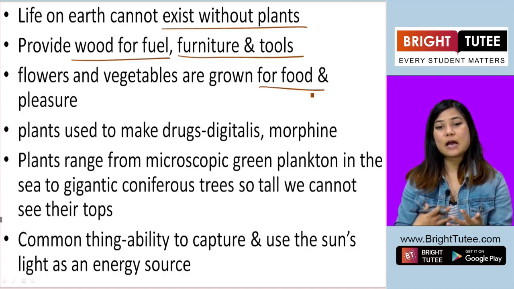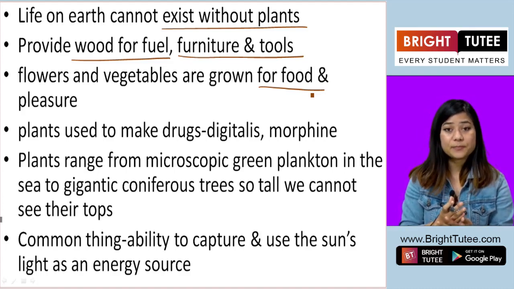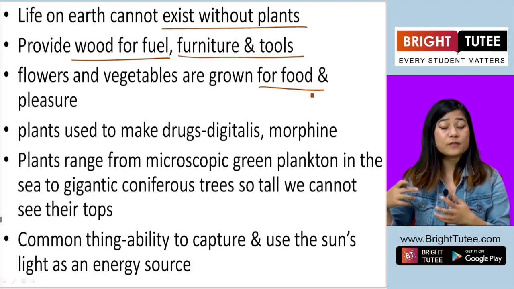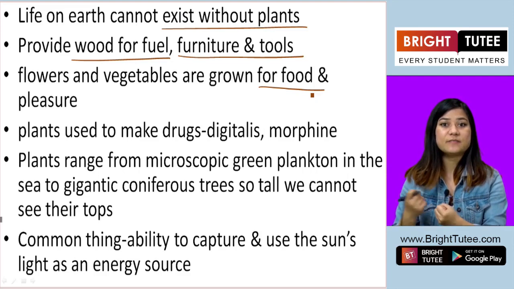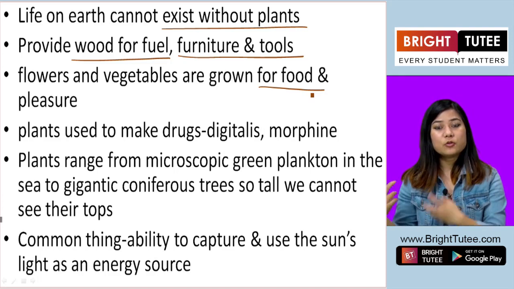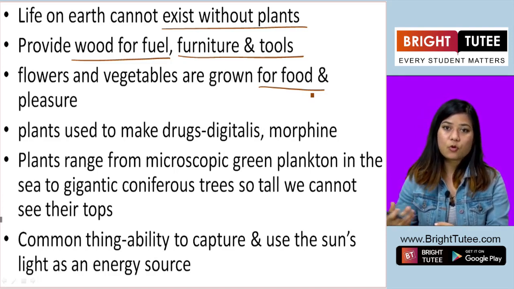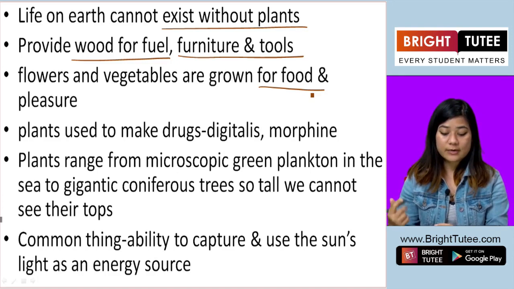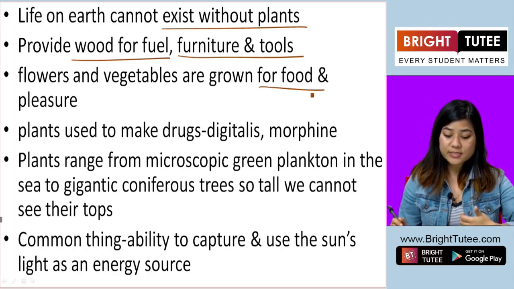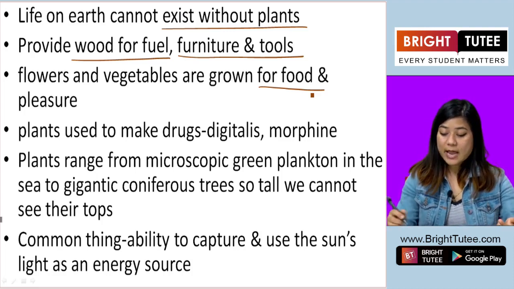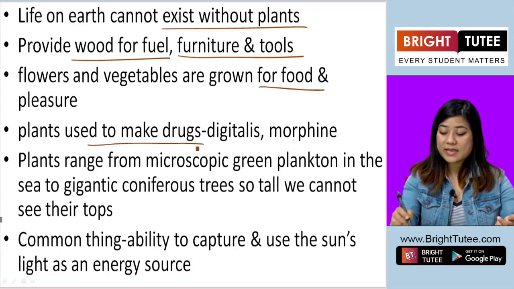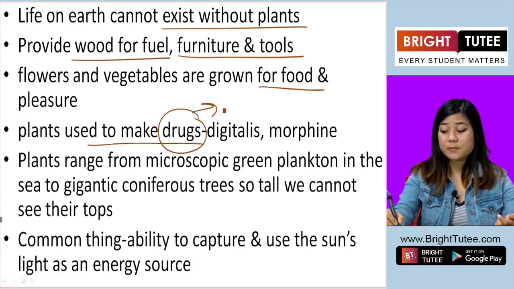Okay, so we do it out of pleasure, we do it out of need. All right, but we also get it when we go to natural vegetation to receive that. So we get from natural vegetation, but we also get from those vegetation where people grow and cultivate the food. Now like I said, from the plants and trees, we get food, we get fruits, and we also get medicine out of it. We use the plants to make drugs. Drugs here means medicine.